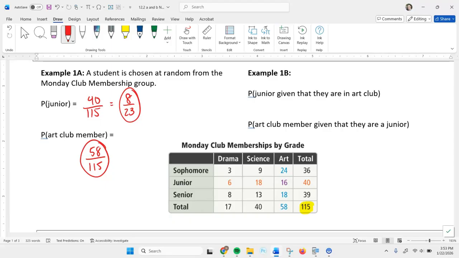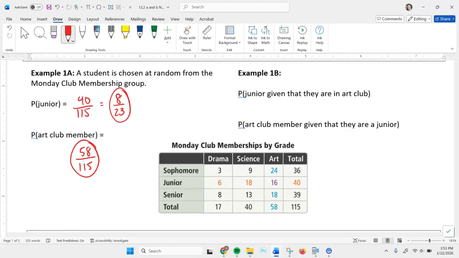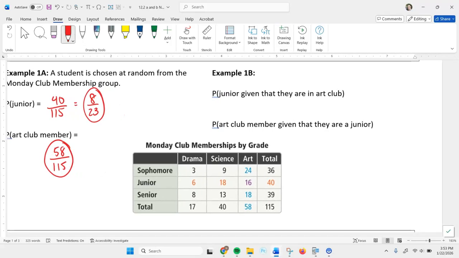All right, well, what if we wanted to just focus on different parts of this table? Like, look at this next example. Now, the way that it's worded, you'd almost think that it's going to be the same answer. It says, what's the probability that it's a junior given that they're in art club? Or what's the probability that they're an art club member given that they're a junior? It seems like, again, that it's asking the same question. But the fact that what we're given is a different value is going to change